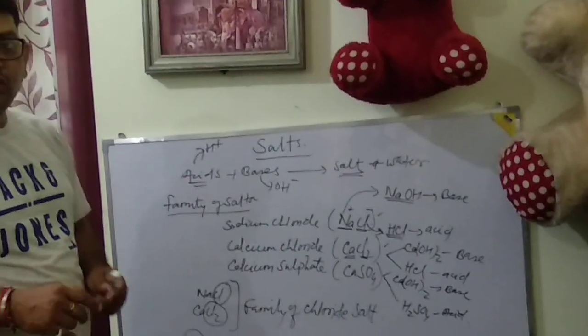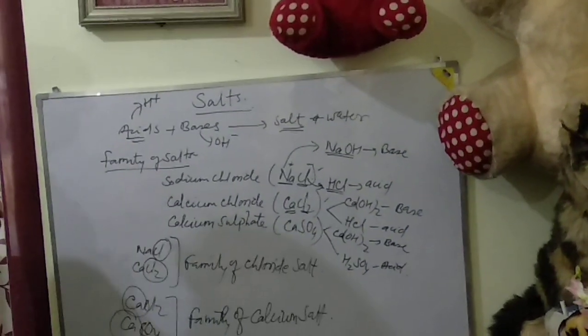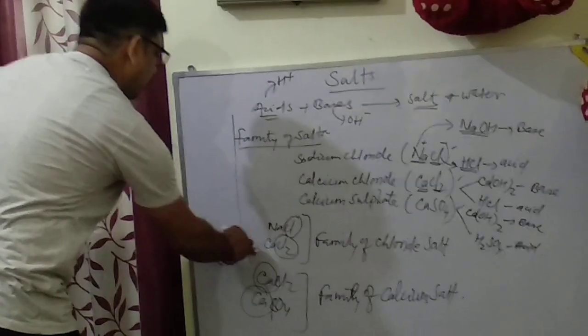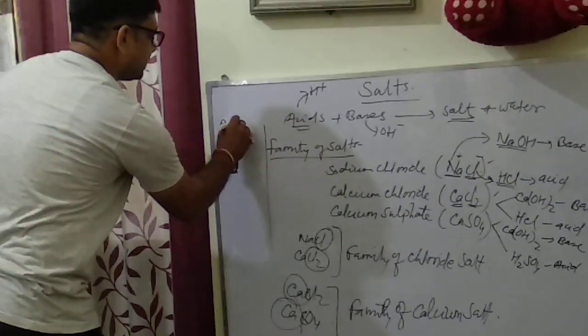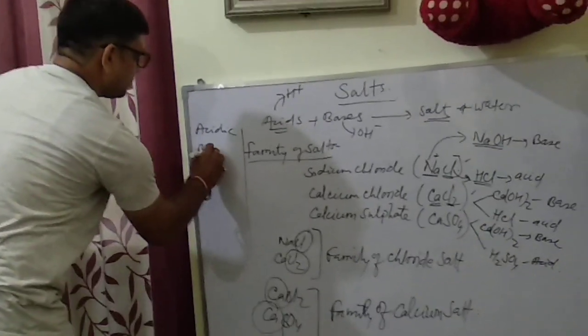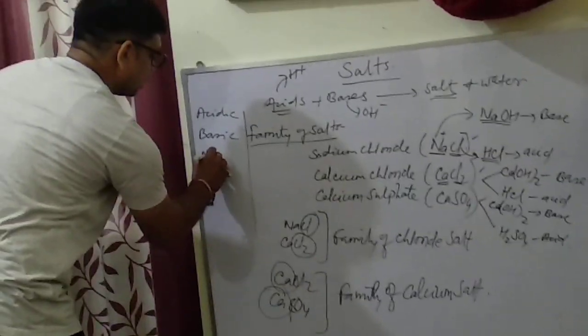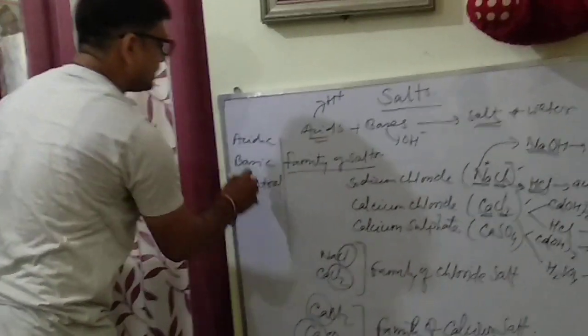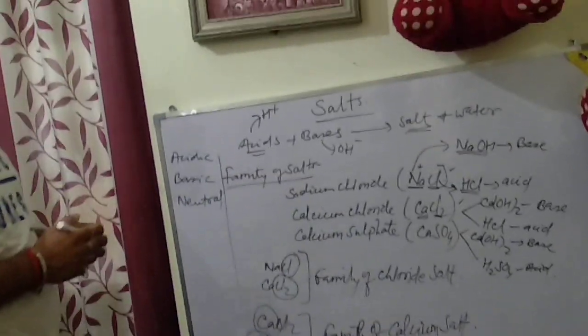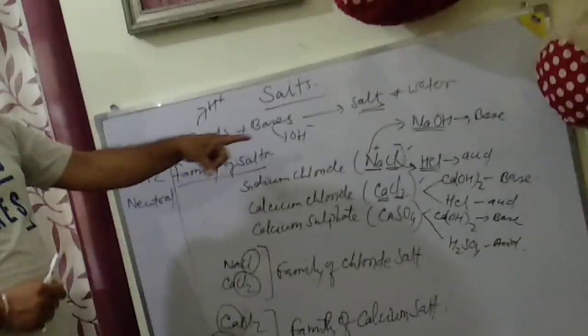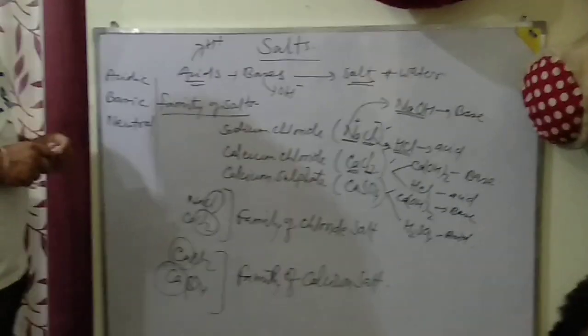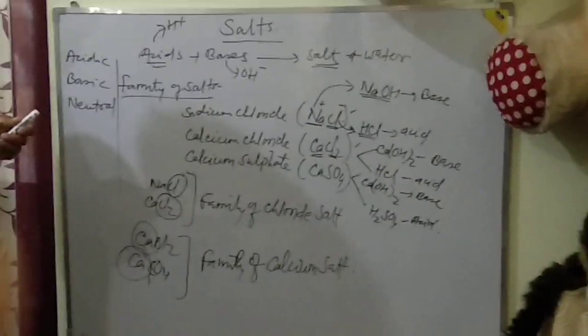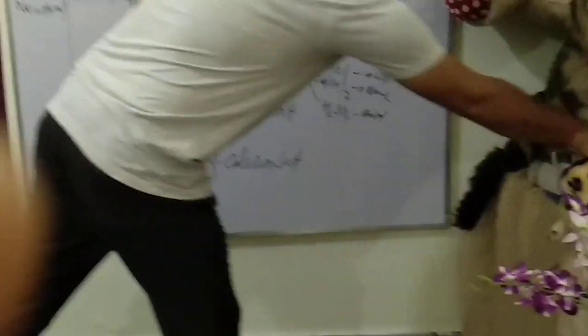One more question which is asked in the exams is whether the salt is acidic, basic or neutral. So how can you tell that the salt is acidic, basic or neutral? For seeing this, we'll see that salts